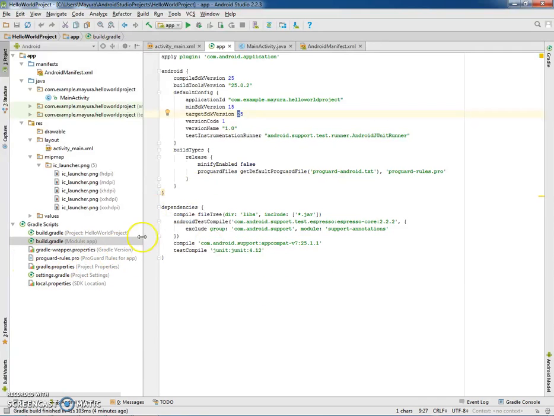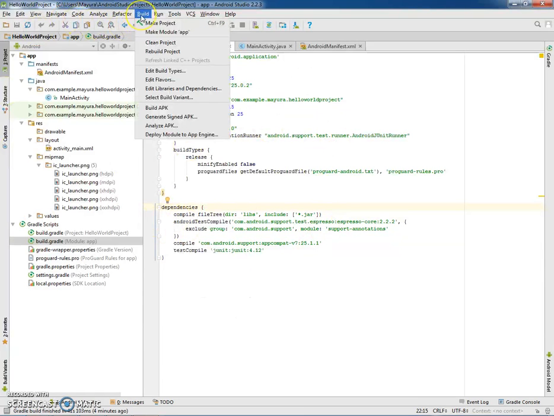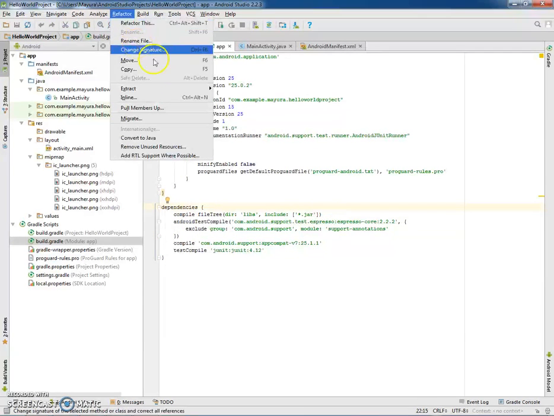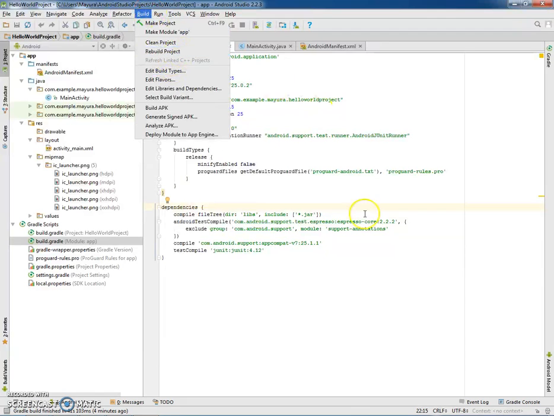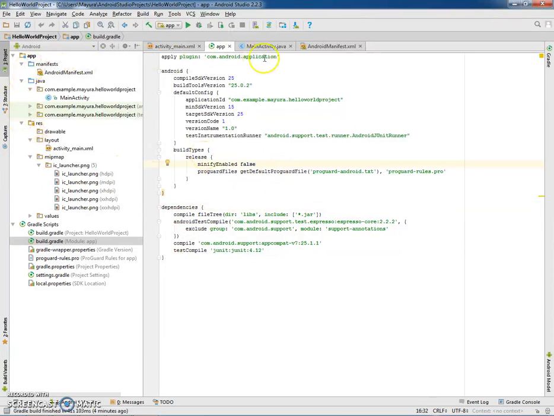And if you want to include any other third-party plugins, you will have those entries in the dependencies of the Gradle file. Once you make any changes in the Gradle file, you need to go to the build menu and rebuild the application so that all those third-party plugin changes will be included into the application.